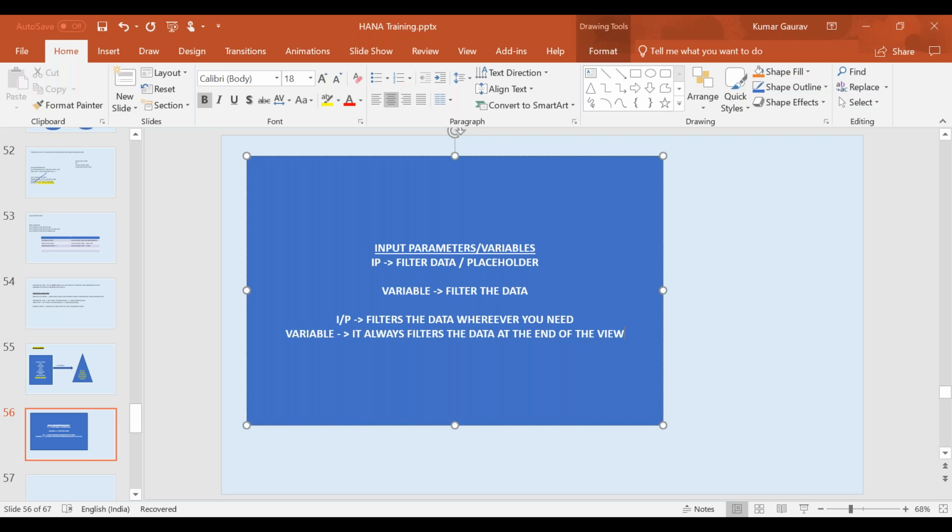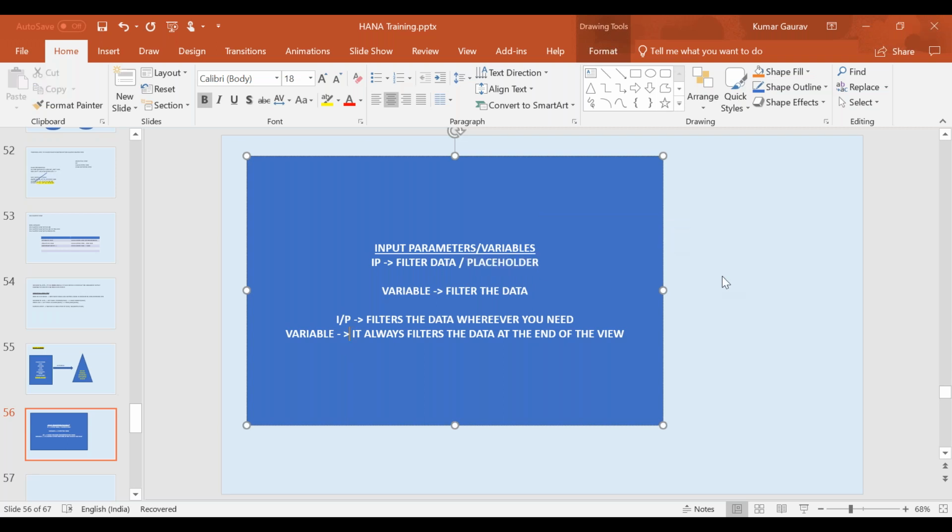Very important concept. It is asked a number of times by the interviewer to the interviewee to give the difference between variable and input parameter. So the answer should be that the variable is only used to filter the data. However, input parameter has two utilities. It does not only filter the data, but it can also be used as a placeholder. What is a placeholder? That we will see practically in HANA Studio.